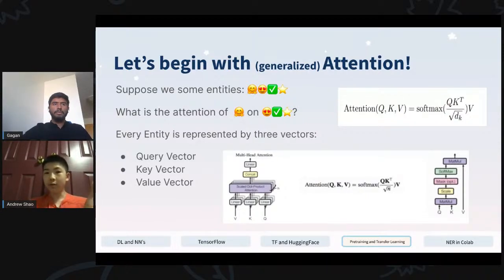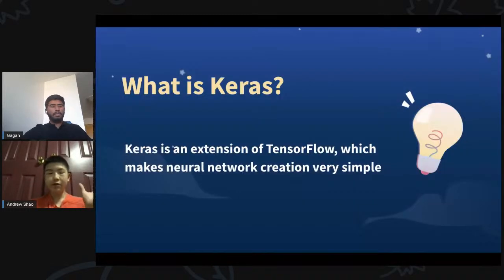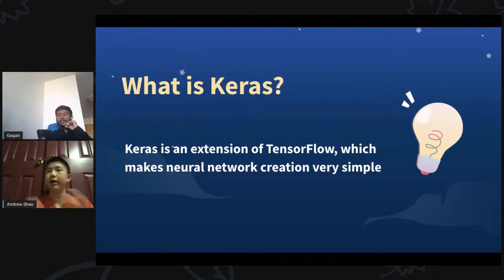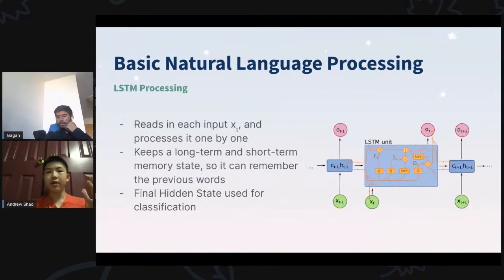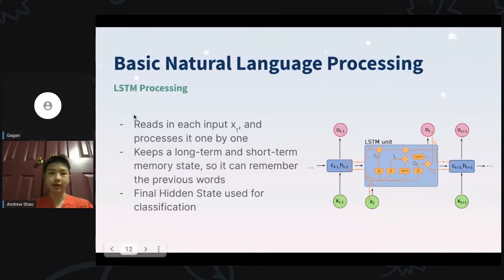The first one was, what is an LSTM? When the idea of an LSTM was being introduced, you have to understand that humans like to build deep learning systems based on how we act as humans. The LSTM was created because humans saw that we like to read from left to right, and they took that idea and ran with it. Just like how a human might read the sentence "basic natural language processing," you might first read the word "basic," and knowing that context, you would then read "natural language processing," and therefore understand the entire sentence. An LSTM works kind of like that